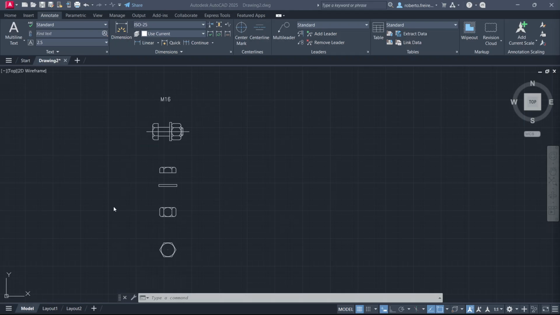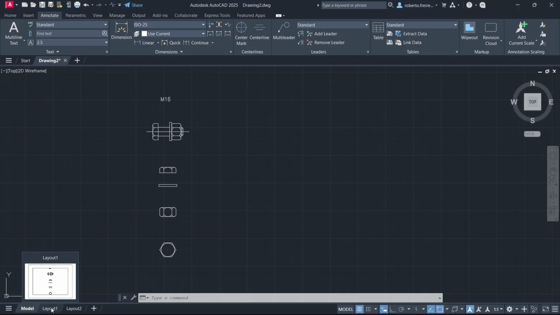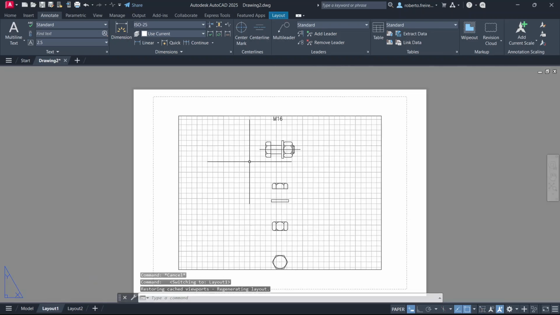This is my model space. So you can see the tab selected on the model, and I would like to place this one in my paper that we call the layout, and you can find that one on the bottom, Layout 1, and click there. All right,